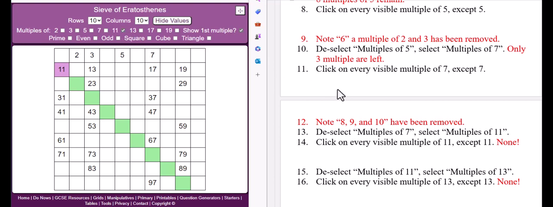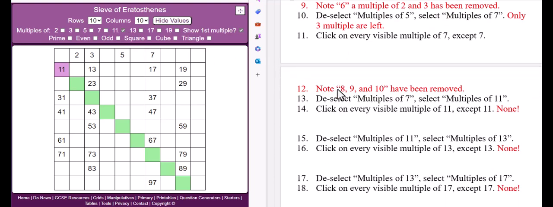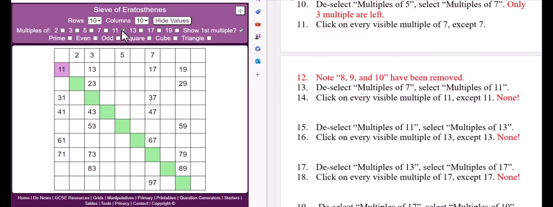So we will now select the multiples of 13 and deselect the 11. Oh, and all of the multiples of 13 that are in the first 100 numbers have already been selected. So we check the next prime number because 14, 15, and 16 are all composite numbers that are multiples of 2, 3, and 5. So we pick 17,